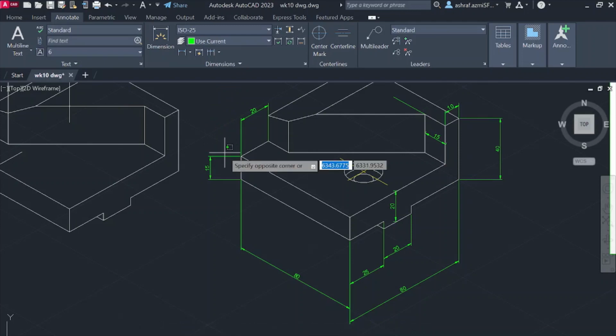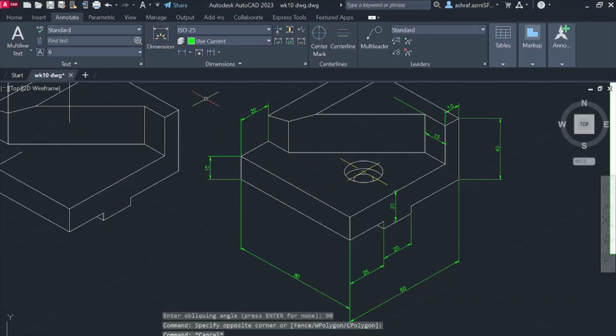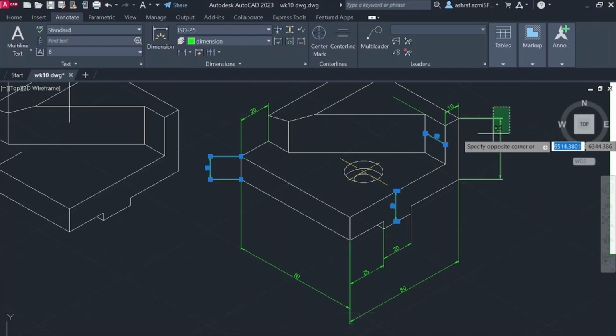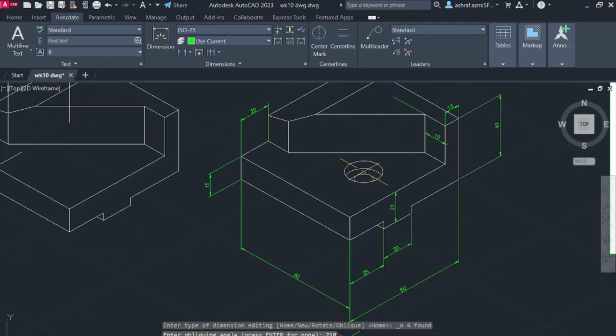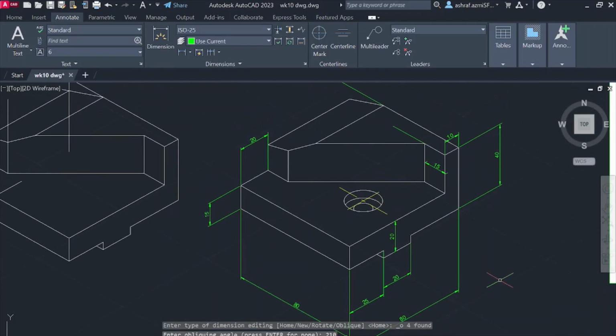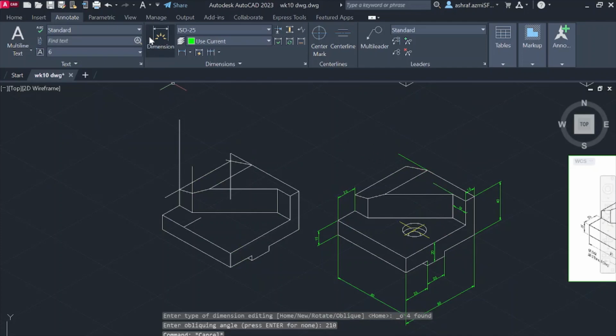For this, one, two, three, four. Okay, function oblique. Select 200. There we go. Okay, for the angles,